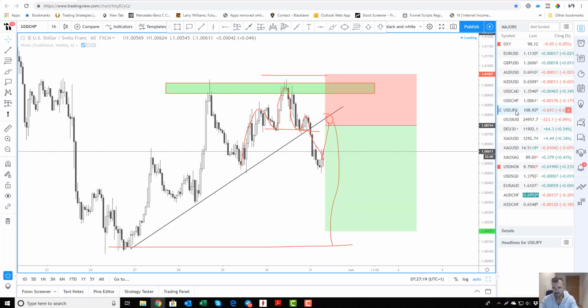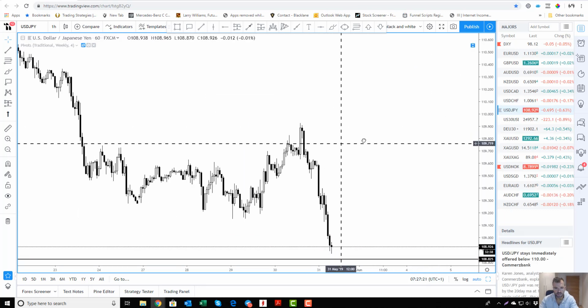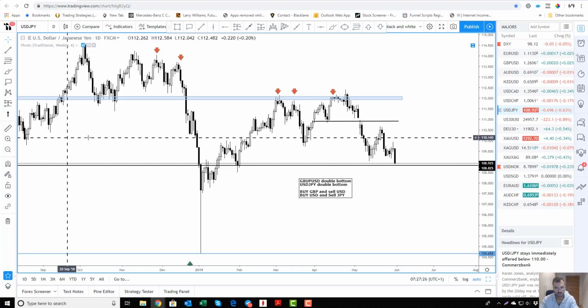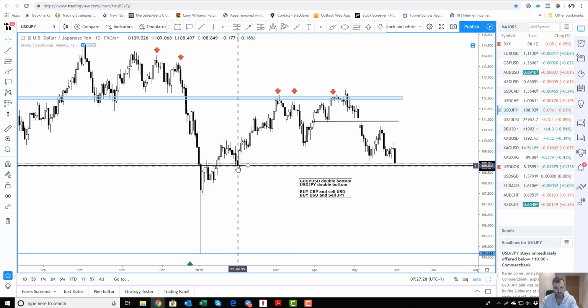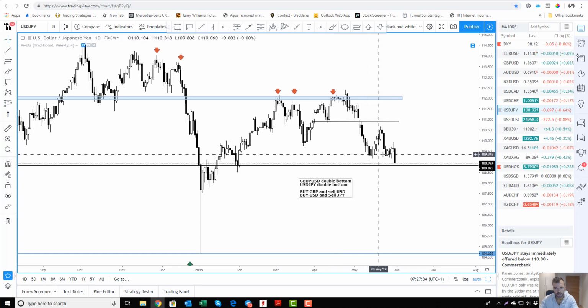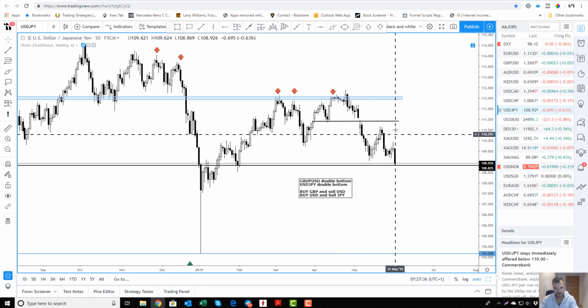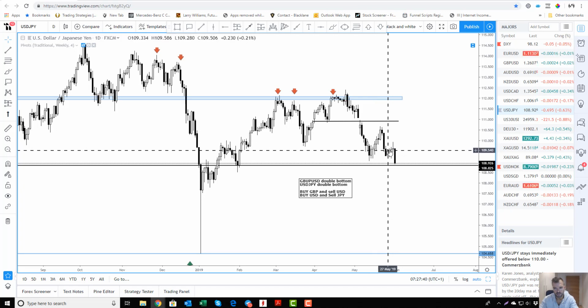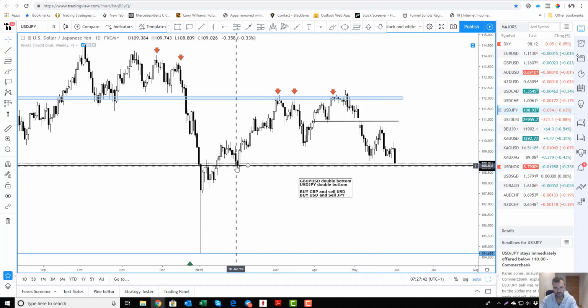Now moving over to the Japanese yen, let's go up to the higher time frame. You can see the next point of support will be this 108.84. This was the double bottom we were looking at yesterday, and we were looking for the market to continue higher, but with Trump's tariff last night, what we've seen is a break to the downside,